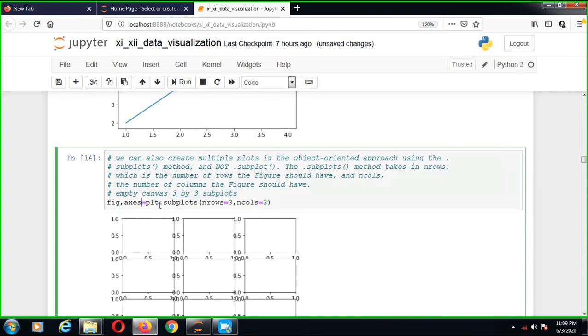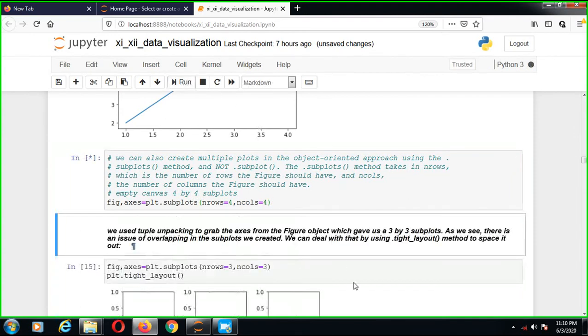Now plt is already defined by matplotlib.pyplot as plt. Then in the subplots method we use number of rows 3 and number of columns 3. If you want to change it to 4 by 4 there is no issue, and we have to change to 4 by 4. That means a 16 subplot set. So now replace.